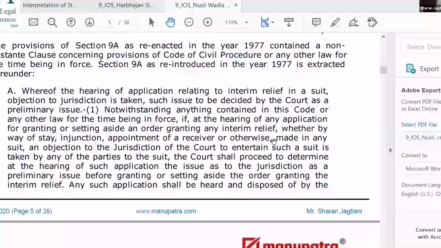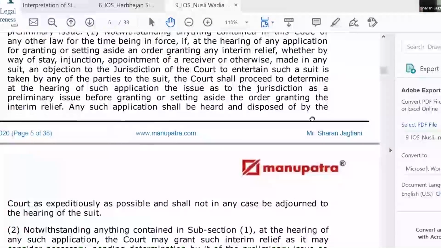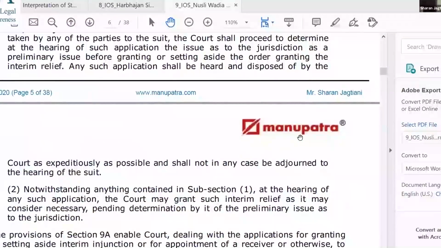So what was happening is that you would apply, get interim relief, and then for years on end sit on that interim relief whilst the question of jurisdiction was being decided. So to curb that evil, and that's the preamble. An example given was, when you file a suit against the Union of India, you need to, under section 80, give prior notice to the Union of India, and people would apply, get ad interim relief and say that I can't give notice because of urgency, secure the ad interim relief, and then for years on end sit on it,